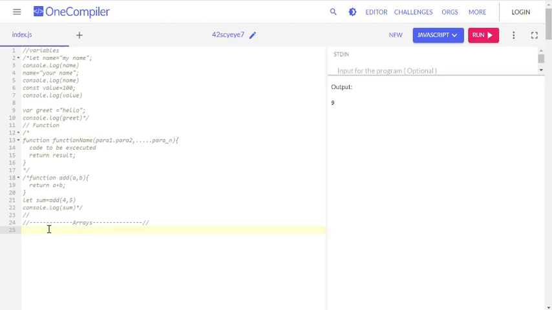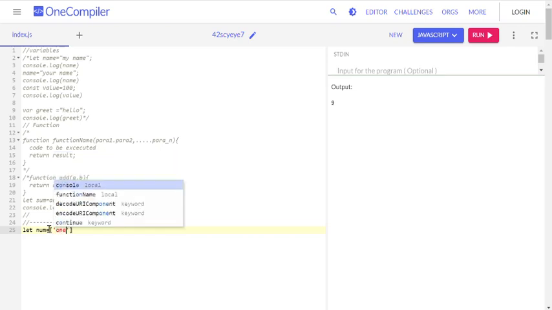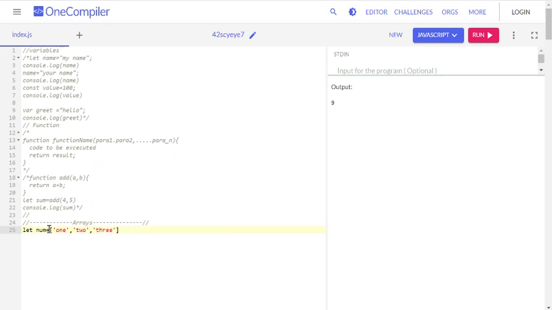Let us consider an example. let array of numbers equals to 1, 2, 3, 4,